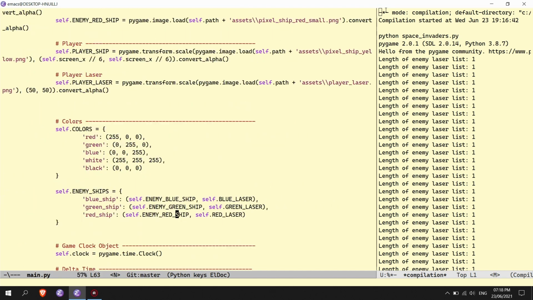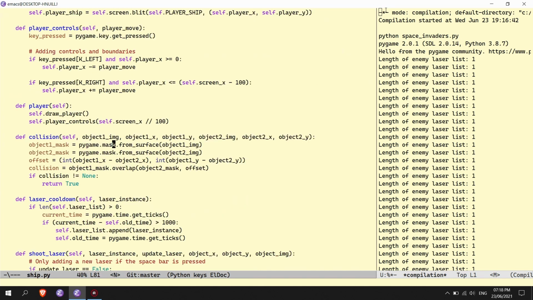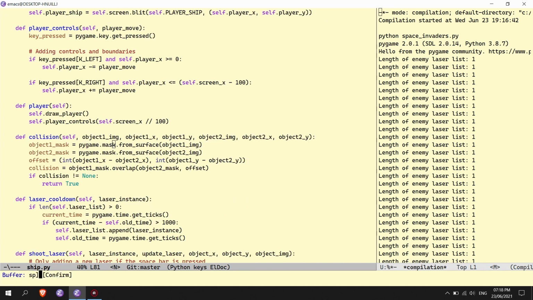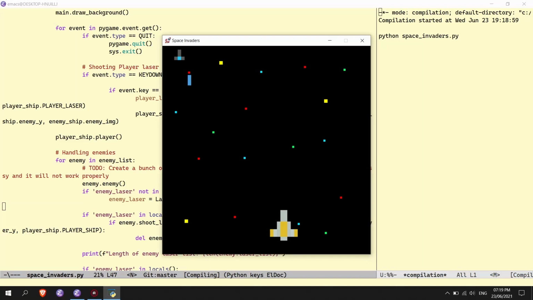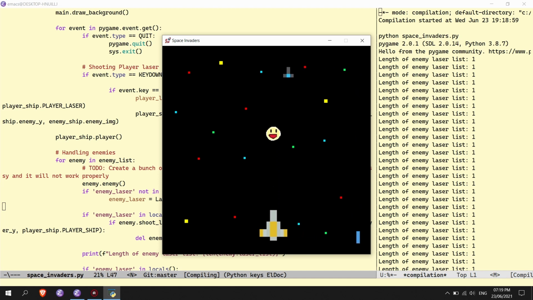So if you go back here, let's go to the main, Space Invaders live. Let's run it. So as you can see, the way the collision works is that I'm actually using something called masks, and the way masks work is that it will essentially check whenever the pixels of the actual image are colliding with each other, and this gives you a lot more